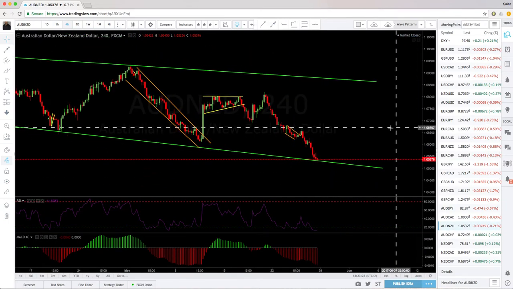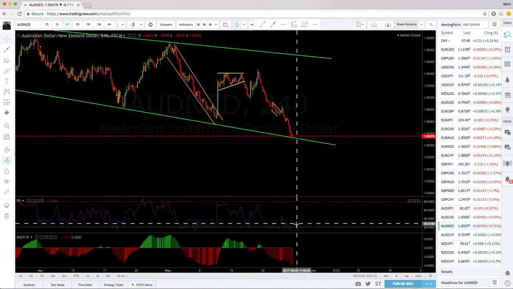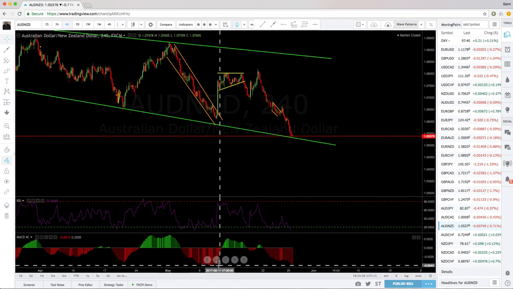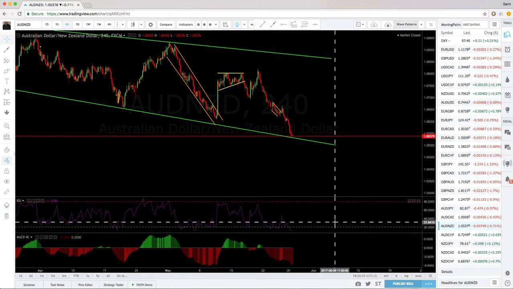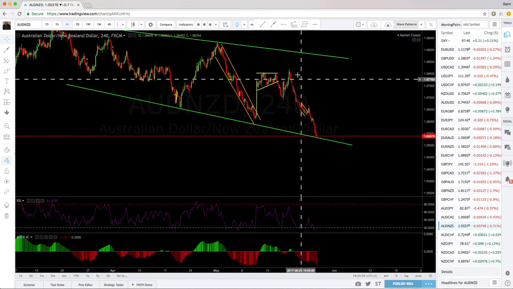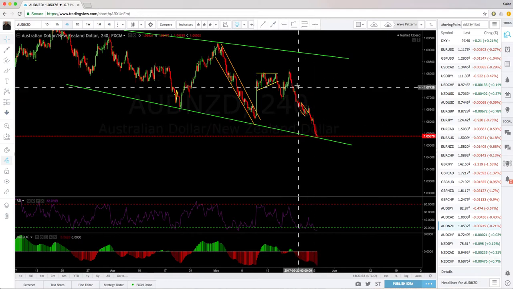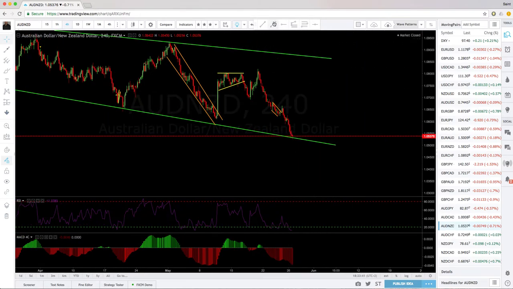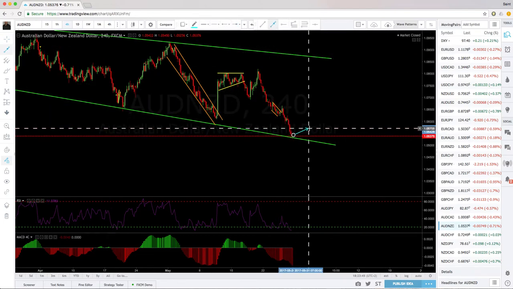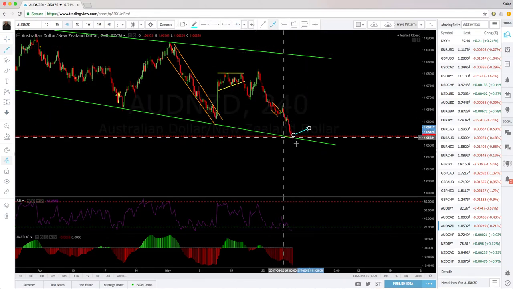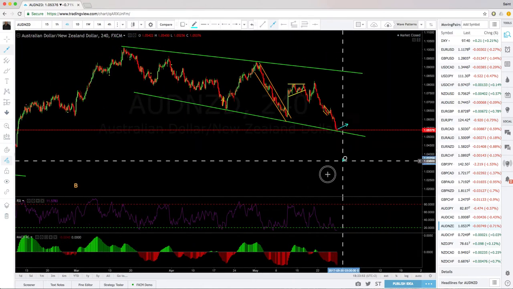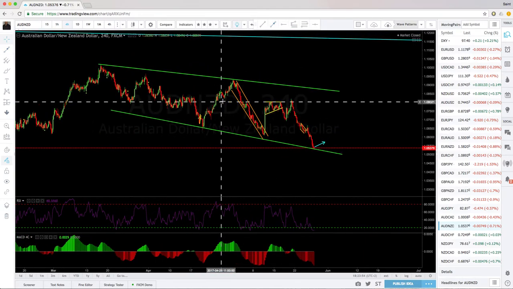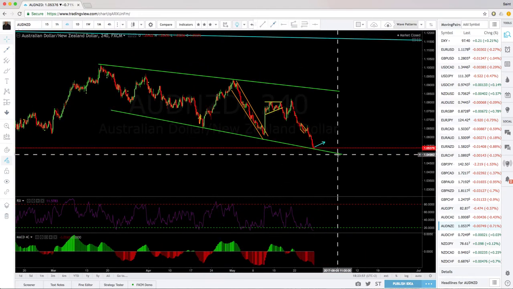Aussie New Zealand. All right, Aussie New Zealand is oversold. We don't have bullish divergence. So price is still, this bearish impulse is still valid. So we're looking for a possible continuation pattern, or a continued press out of this pattern and an extension of this pattern, because right now that's really not a good bottom for this pattern. So it can press down